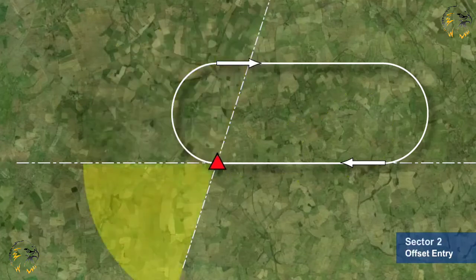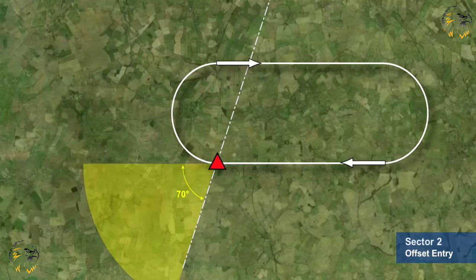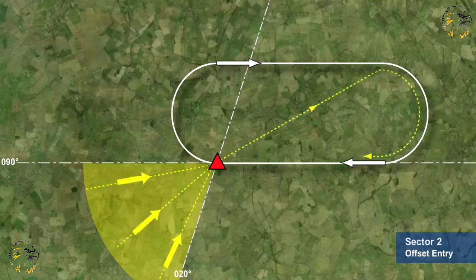The second entry procedure to examine is the offset entry. This sector is an arc 70 degrees wide, starting from a line parallel to the inbound segment of the hold, angled away from the holding side. Therefore, in the example on screen, all aircraft arriving with a heading from 090 degrees to 020 degrees will use